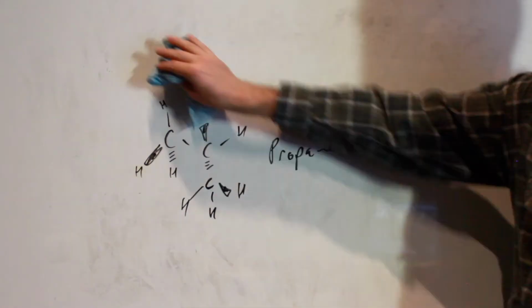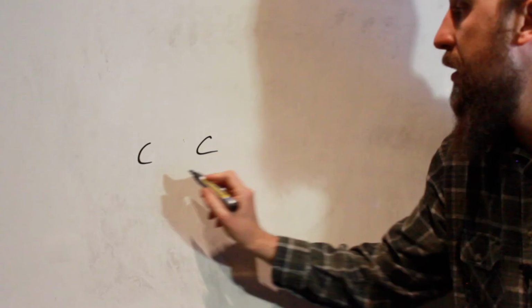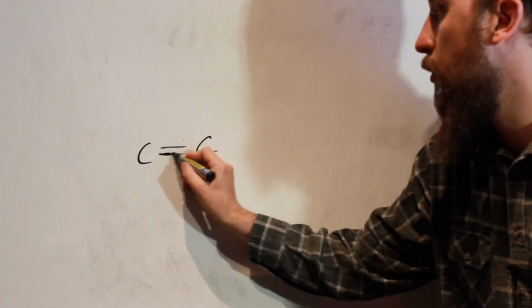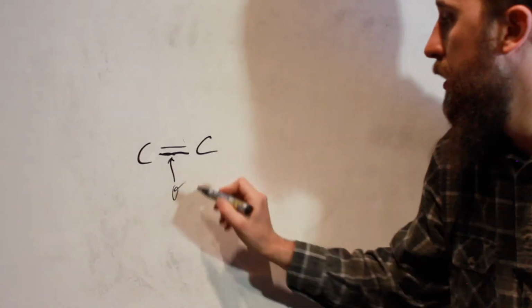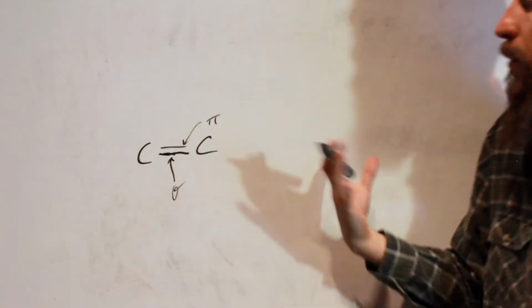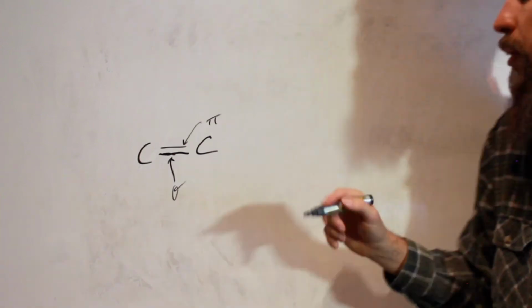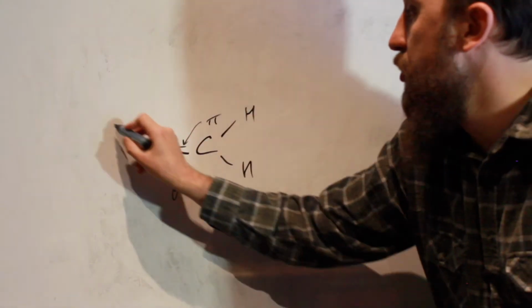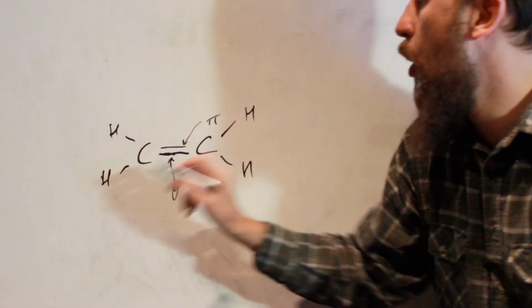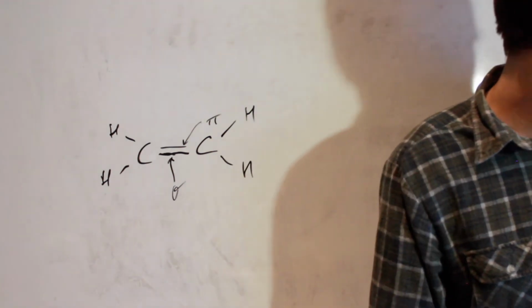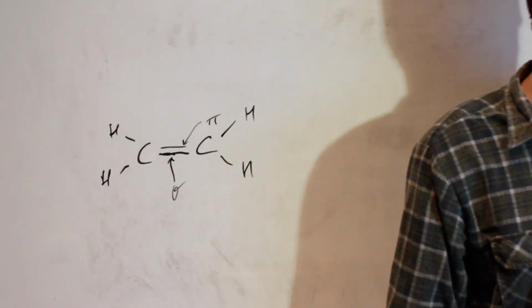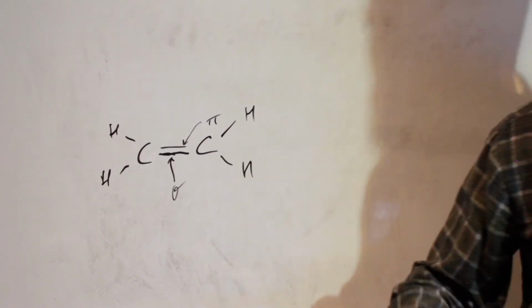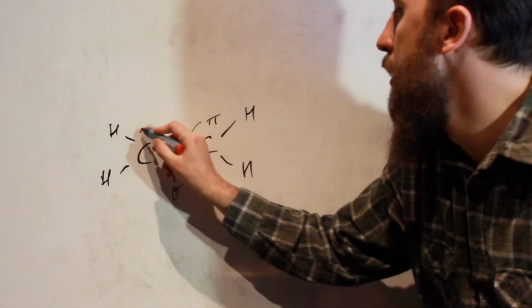So if I was going to draw ethene, which is what I will do right now, if I find my marker. So I've got my carbon, we form a double bond where we form the initial sigma bond, and then we form the pi bond as well, making the double bond. Sigma bond in line with the nucleus, pi bond above and below the nucleus. Then we would have our trigonal planar just like that. They are all on the same plane, so we don't need to show any dashes or wedges because they're not going into or out of the board, and we end up with that 120 degree bond angle